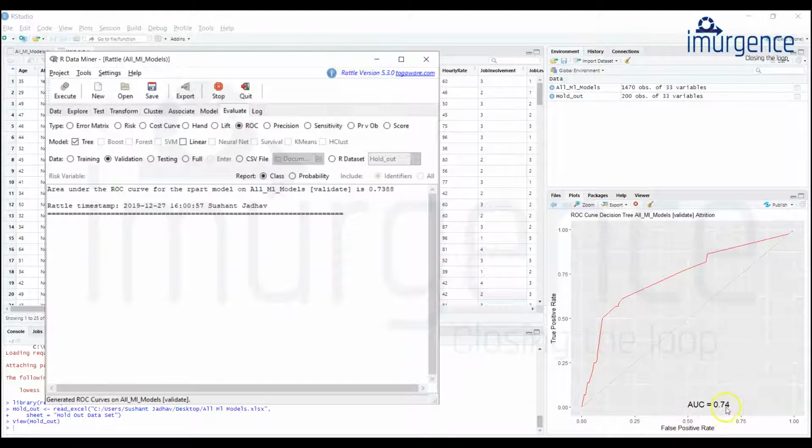So 0.74, so there is almost a 9% drop in this, right? Again on the testing, 0.68. So we see that. It's a peculiarity of tree-based models that there is an overfit on the data. That's where they learn very well on the training data set, but when it comes to application or the testing or validation or a completely new set of data, the classification rates are not that great, right?